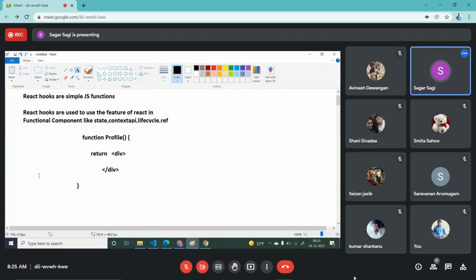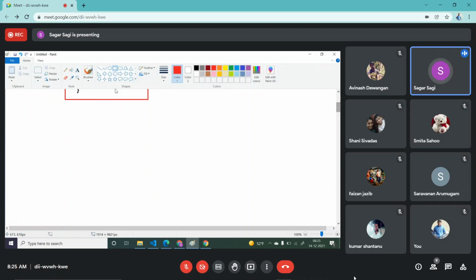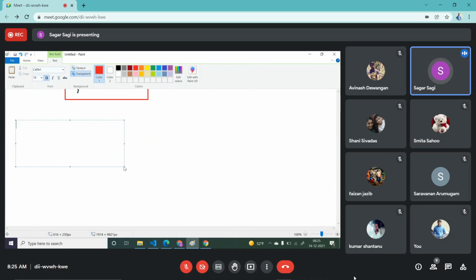Now they will take care of rendering it into the DOM, everything. So as a developer, you need not care about all these things. So this is how we are going to create and use the hooks. So like this, React has given us some hooks to use all the features of React. For example, they have given something called use state hook, which helps us to maintain a state in your React functional component. If you want to maintain a state in your functional component, then go with this particular hook called use state hook.